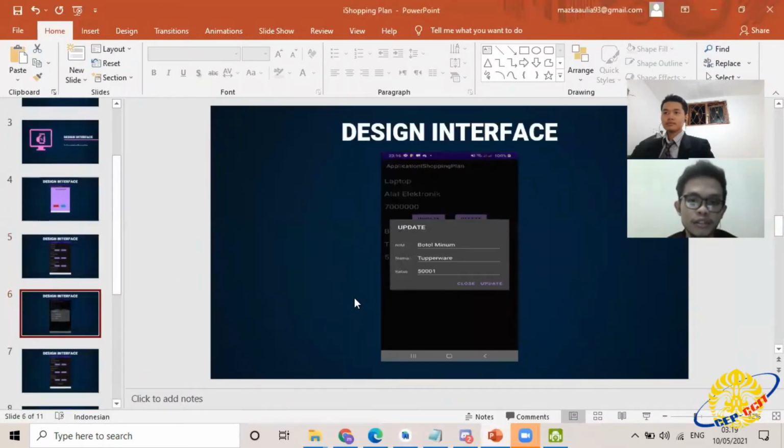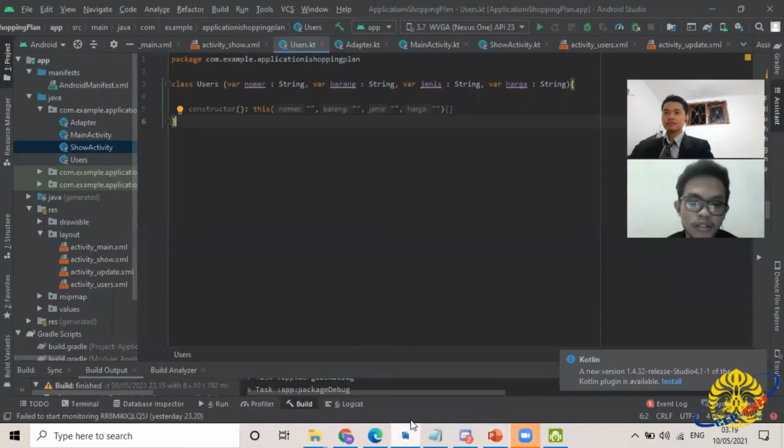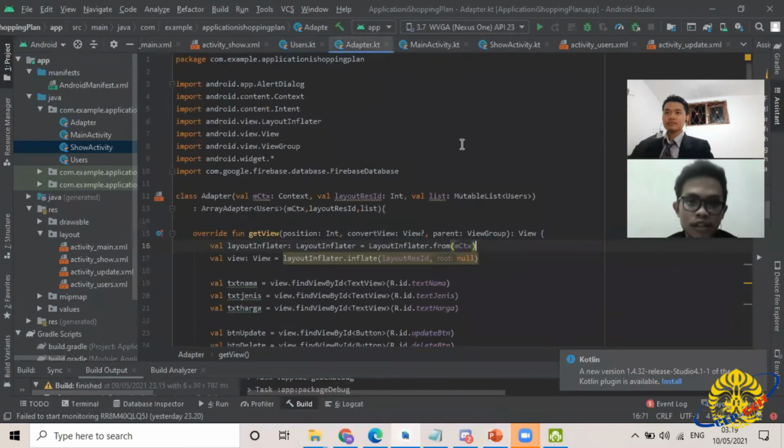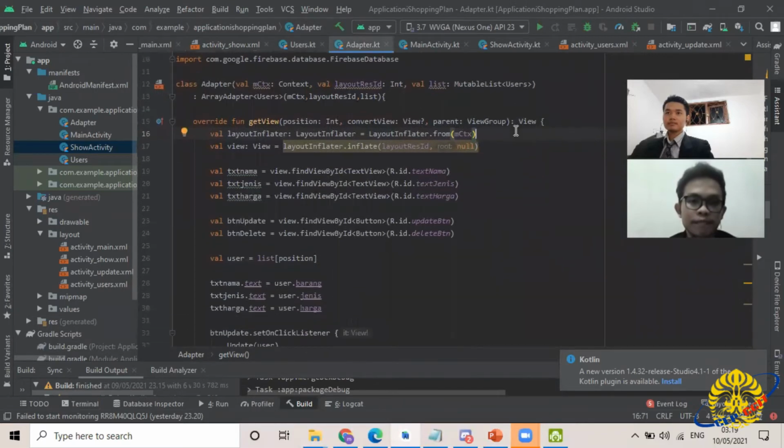And then this is for the UI update. We can update the data. Coding adapter. Okay, we have adapter.kotlin, which has context, layout res ID, and list mutable list user as before.